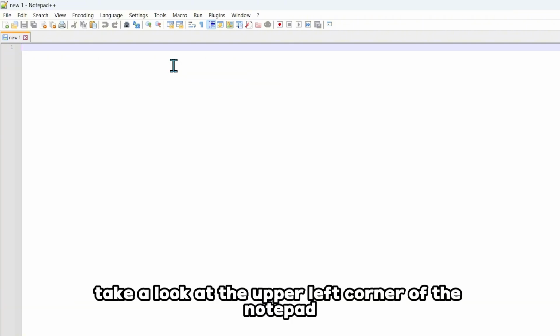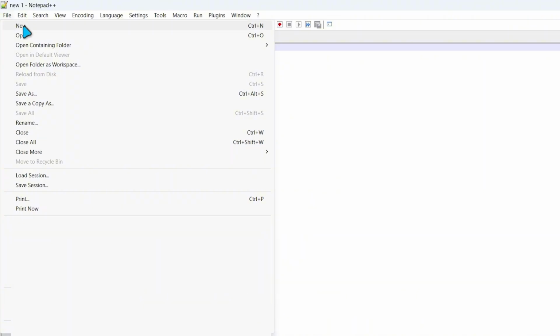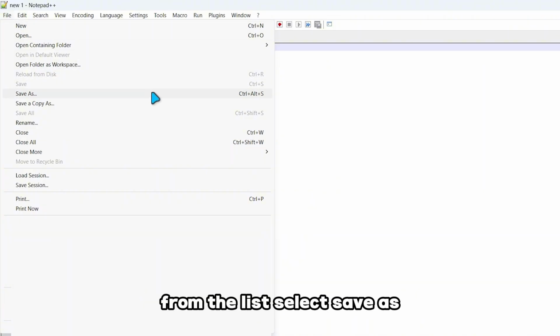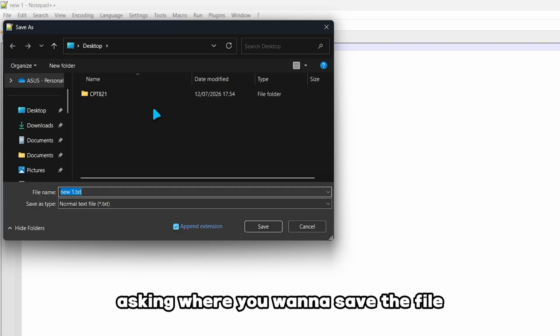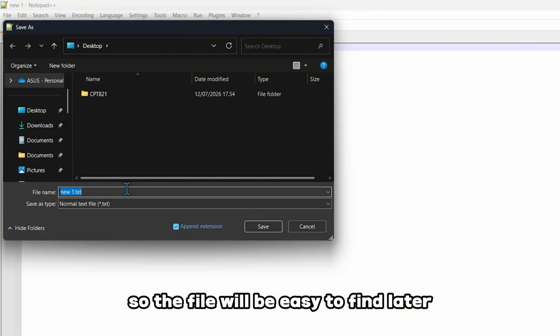Next, take a look at the upper left corner of the Notepad++ window and click the File menu to display the available options. From the list, select Save As, and a pop-up window will appear asking where you want to save the file. Browse to a convenient location, such as your desktop, so the file will be easy to find